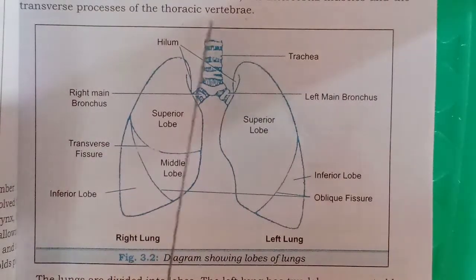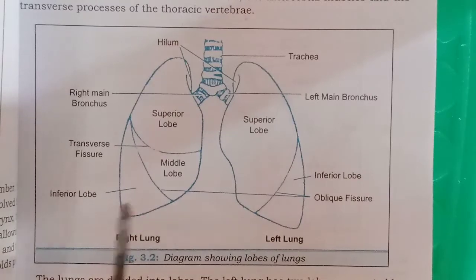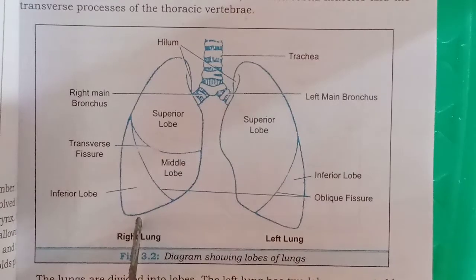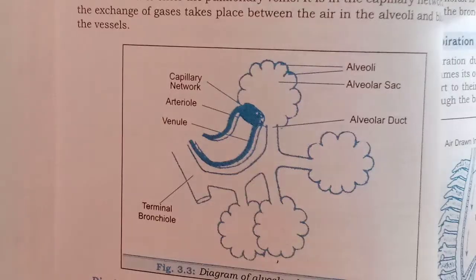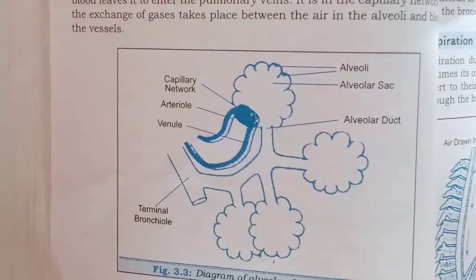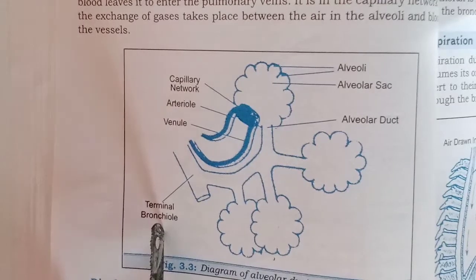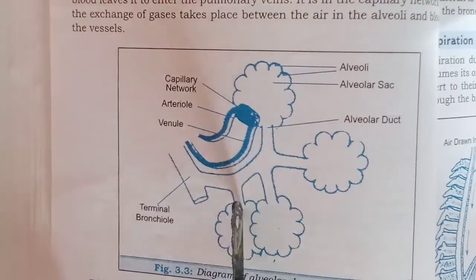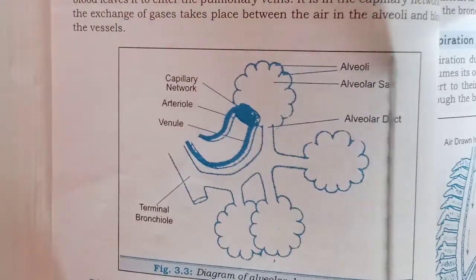It extends from the root of the neck, so it is divided like this. You have the ribs, costal cartilage, and intercostal muscles, everything will lie here. This is the left lung and this is the right lung. The right lung is a little bit larger than the left. Again, in the lungs it is divided into bronchioles. Let me show you the terminal of the bronchioles, which we call alveolar ducts. You can see a network of capillaries here. This is the air sac.